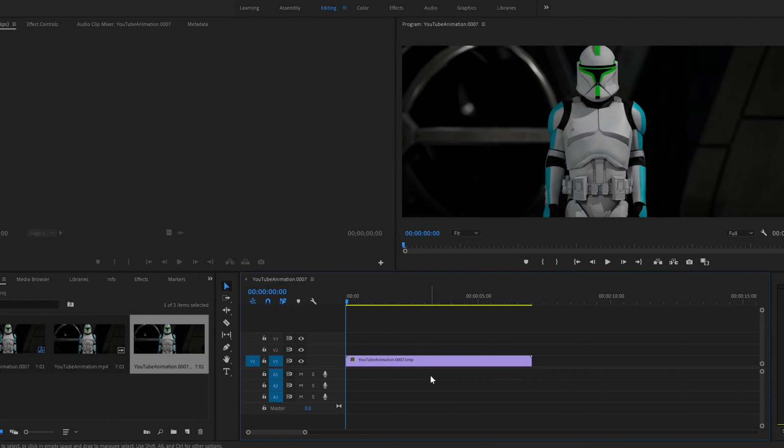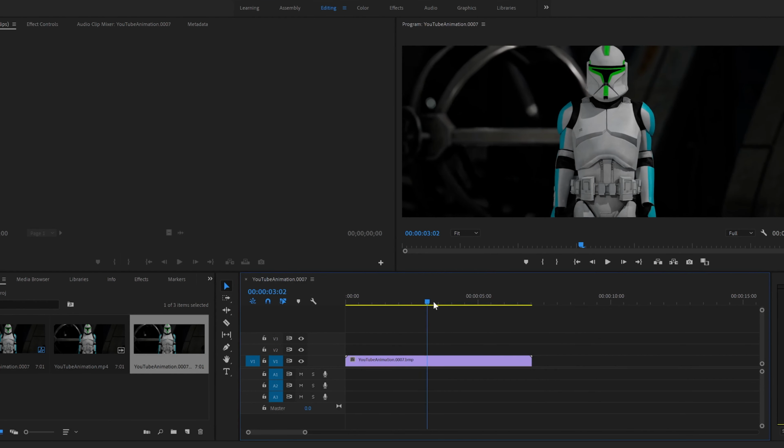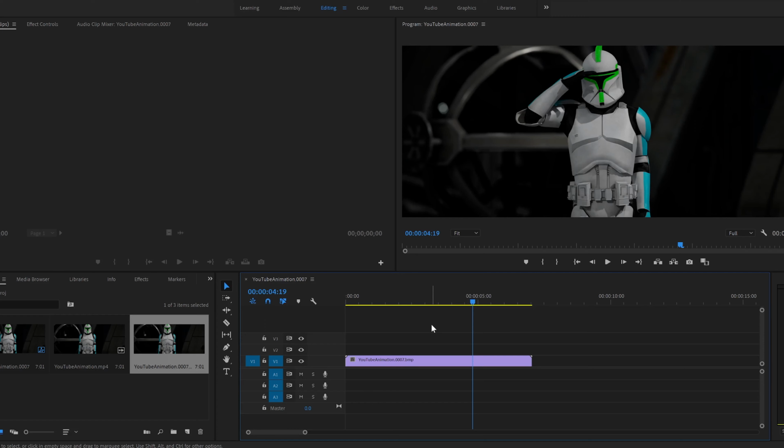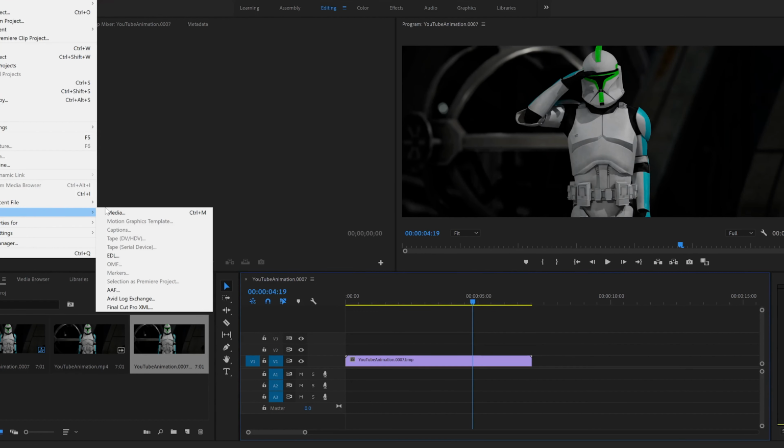You can then drag and drop it in here. It won't play back particularly well. It does okay in here, it's a bit laggy and a bit slow, as you can see. Now, don't do anything with this for the moment. What you then need to do is go File, Export, Media,